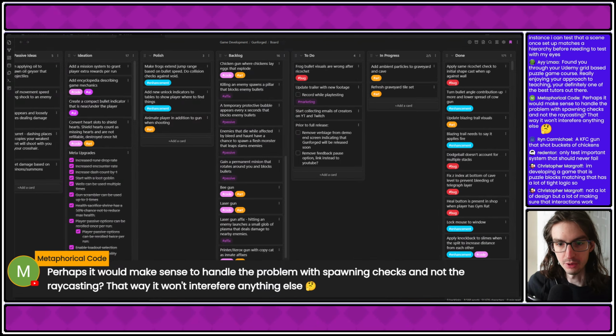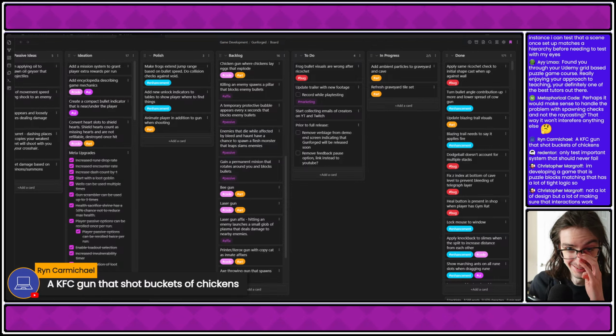KFC gun that shoots buckets of chickens. I was thinking live chickens, but